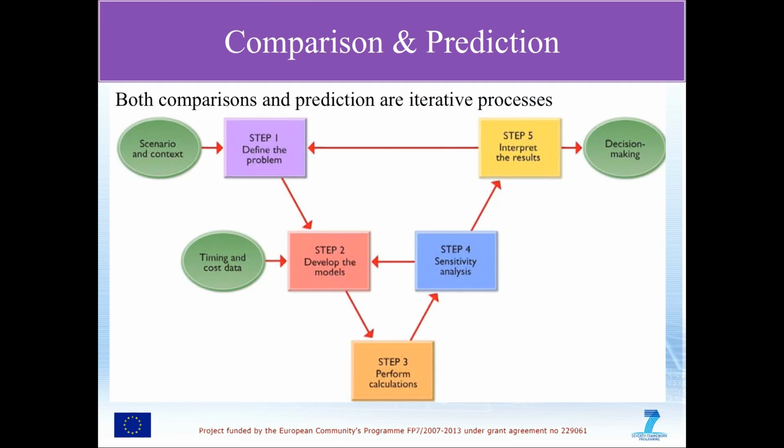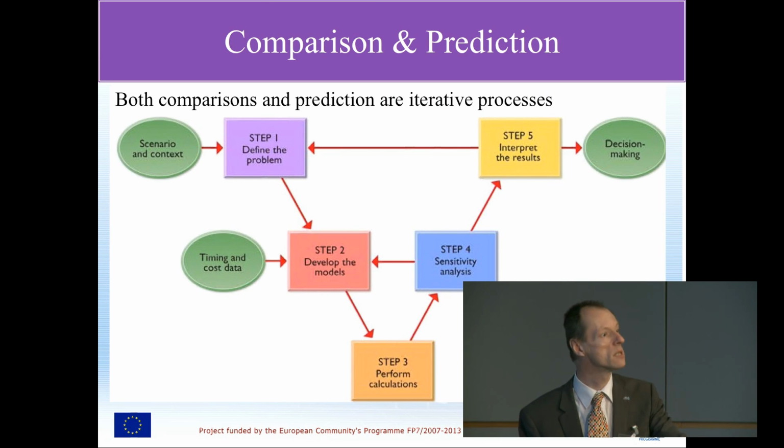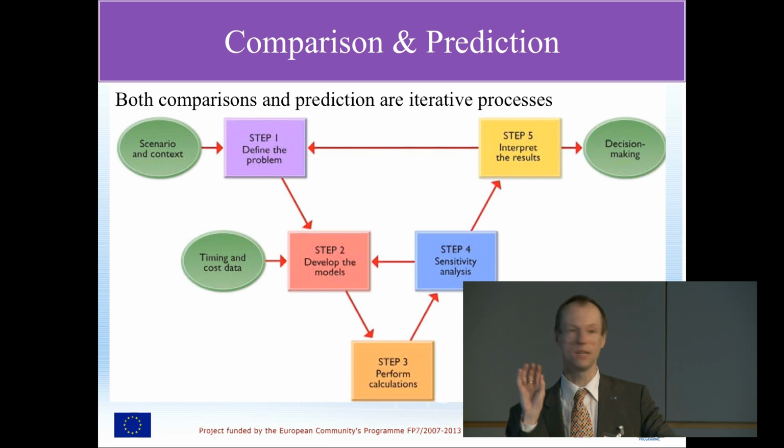The final thing to say is that lifecycle costing is not a once and for all activity. It's an iterative process which you might need to go round 2 or 3 times, even 4 or 5 times, before you're happy with the answers that you're getting. Bear that in mind and build that into the design of your study so that you allow enough time and resource to actually tease out these details that I've been mentioning. Because without that, the value of the end result is actually very limited.